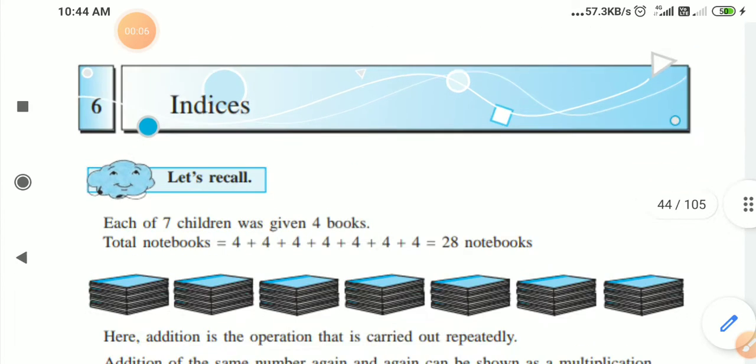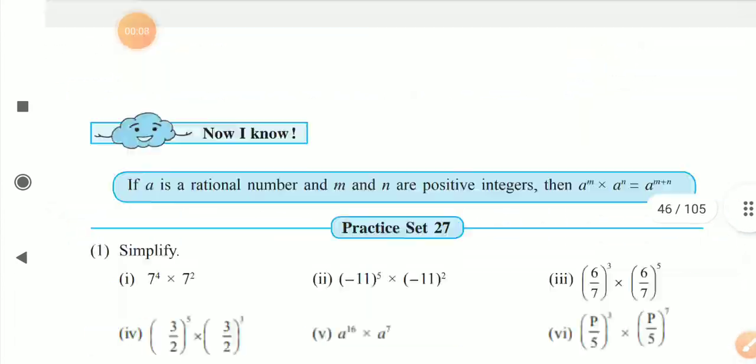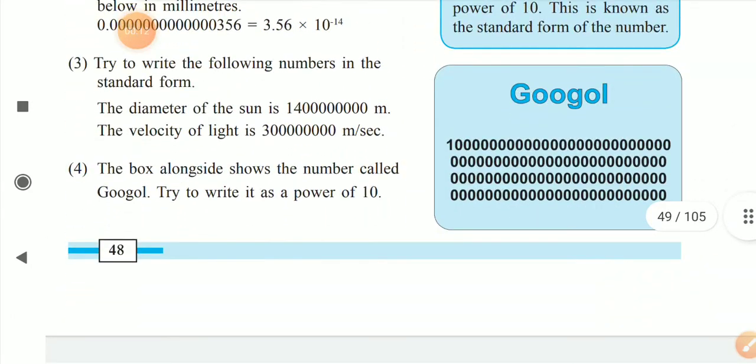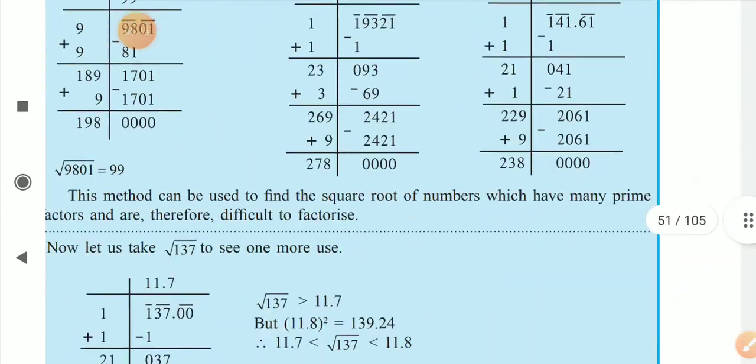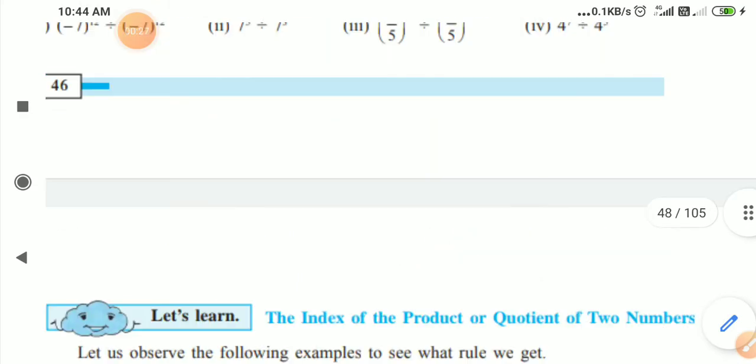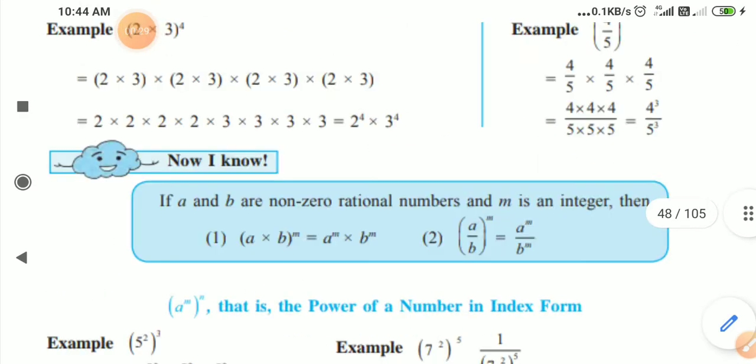Under this lesson, the last part of the lesson, that is some of the examples from this exercise, remain to explain to you by the division method how to find the square root of a number. So first of all, I will explain these three examples, then we will take the next lesson in our next lecture. Okay, so first of all,